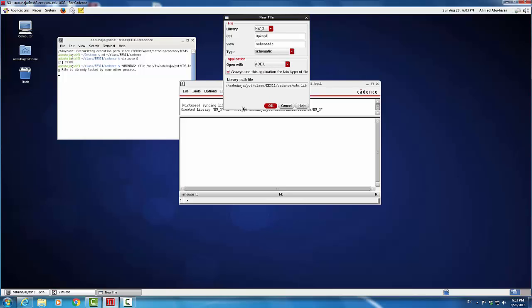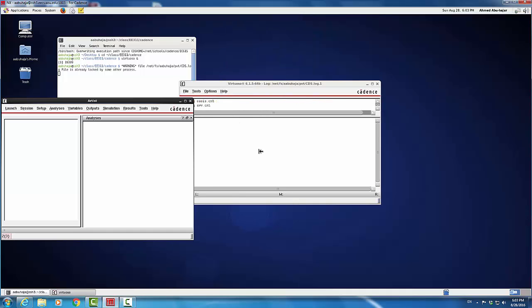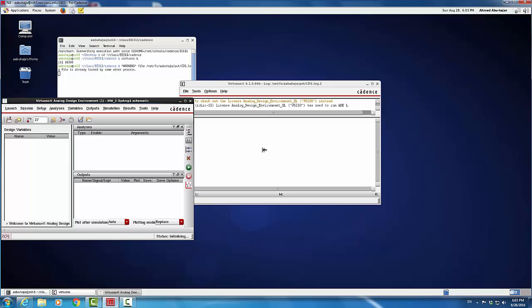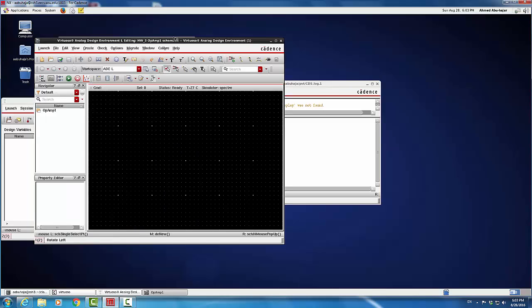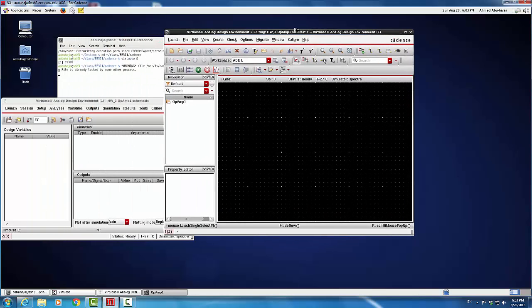You can click on always use this platform. So sometimes it catches it, sometimes it doesn't. Anyway, so you need to make sure that you have it. And now we are interested in adding the circuits to the schematic. So the first thing we're gonna do is we wanted to add the OpAmp. So to add the OpAmp, I'm gonna come in here to create instance, and I'm gonna click on it,